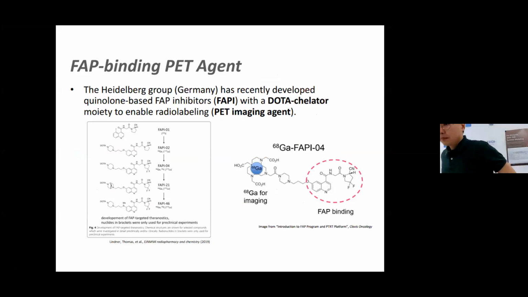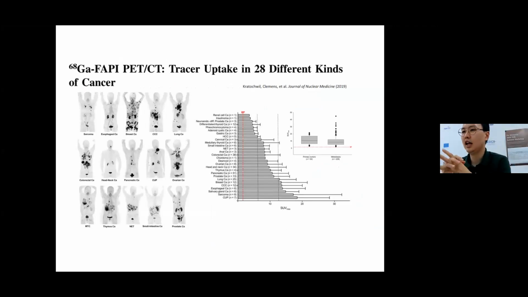With this kind of concept, the Heidelberg group in Germany has recently developed a quinolone-based FAP inhibitor with a DOTA chelator, labeled with gallium-68 as a PET imaging agent for tumor imaging. They have reported this gallium-labeled FAP PET-CT, and it has shown tracer uptake in 28 different